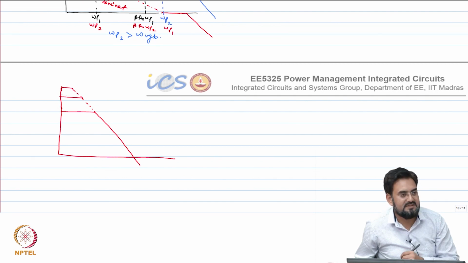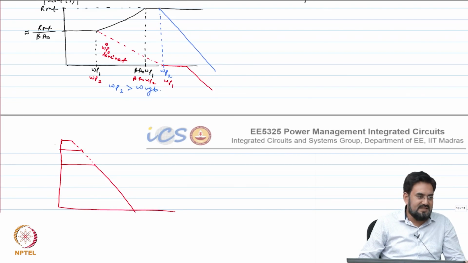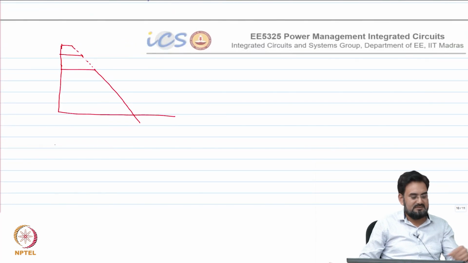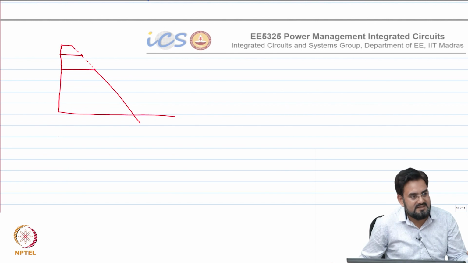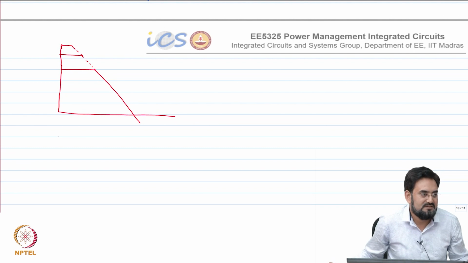If you just increase the gain, because increasing the gain you can do it by reducing the current also. I mean you can simply increase the R out, that's it. If you arbitrarily just increase the R out, that does not mean that it will increase the bandwidth. It will not do anything unless you increase the GM also. So if you increase the GM and R out both, then you get a higher gain and higher bandwidth.